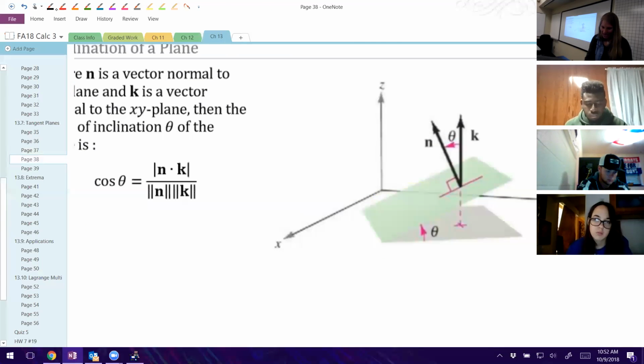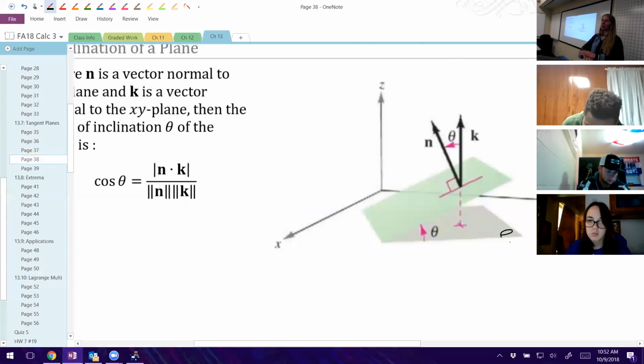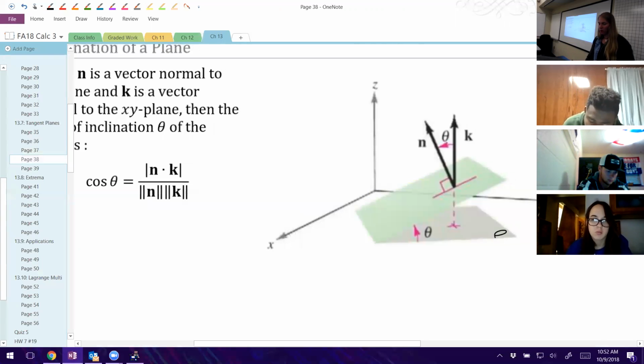So that tannish plane down here is the one that's in our xy plane. That is just some surface on your xy plane like that. And then this lighter green angled one, this is your tangent plane. We can think about it